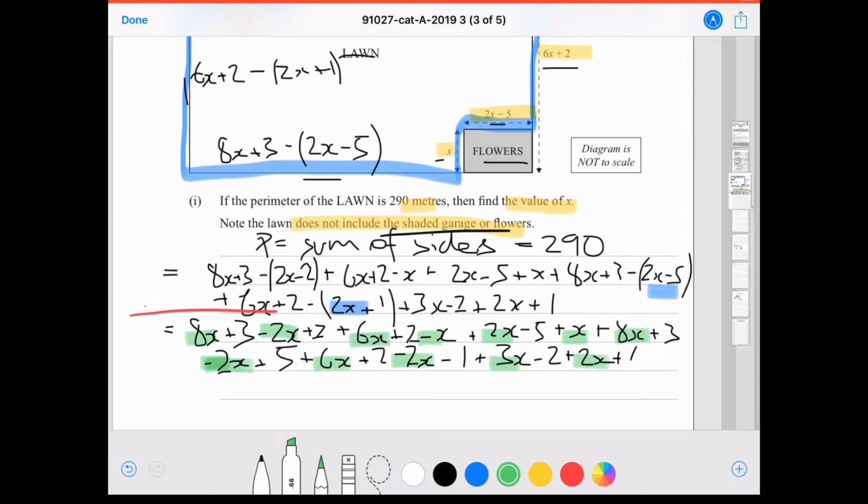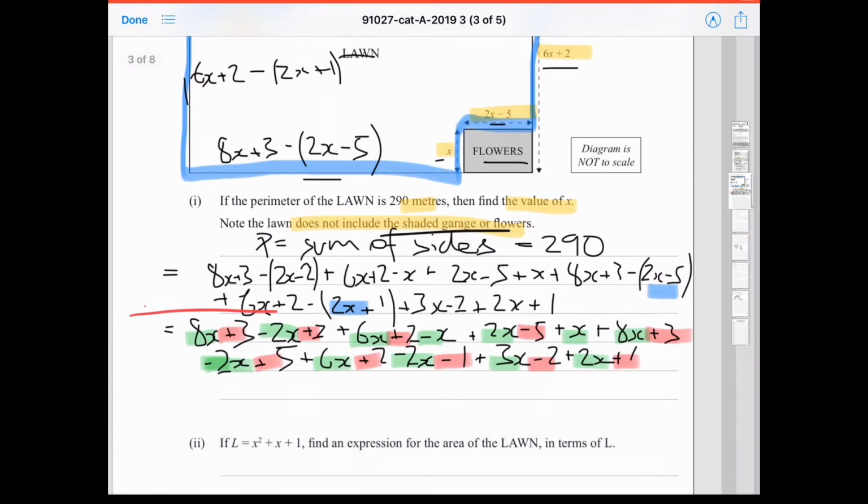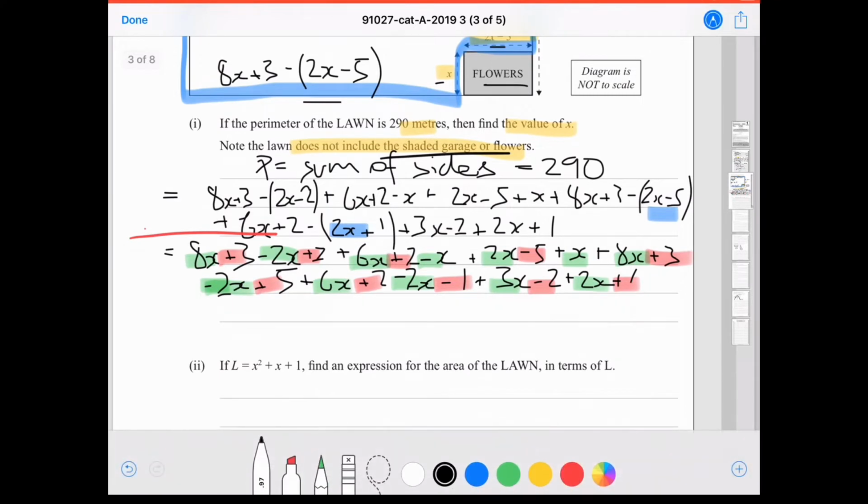Okay, and our terms with just single digits. Let's use red. It's plus 3, plus 2, plus 2, minus 5, plus 3, plus 5, plus 2, minus 1, minus 2, and positive 1. And now we can go ahead and add all these up. And you will find that 3x minus 2